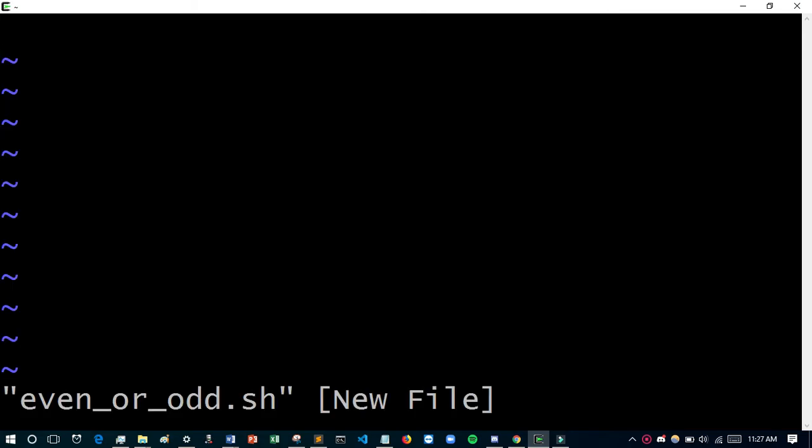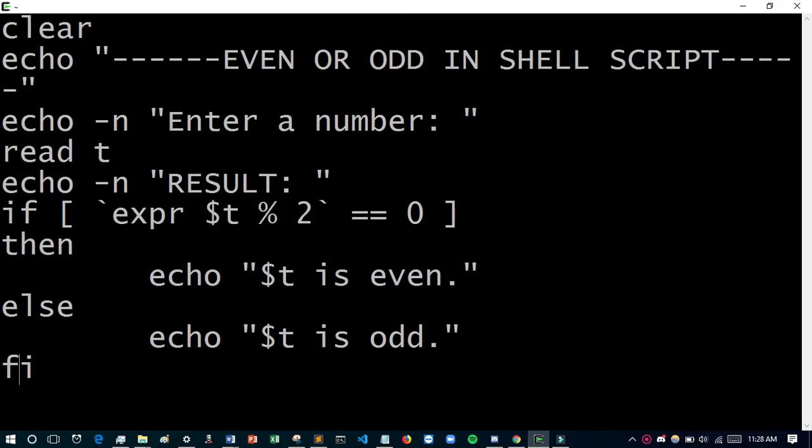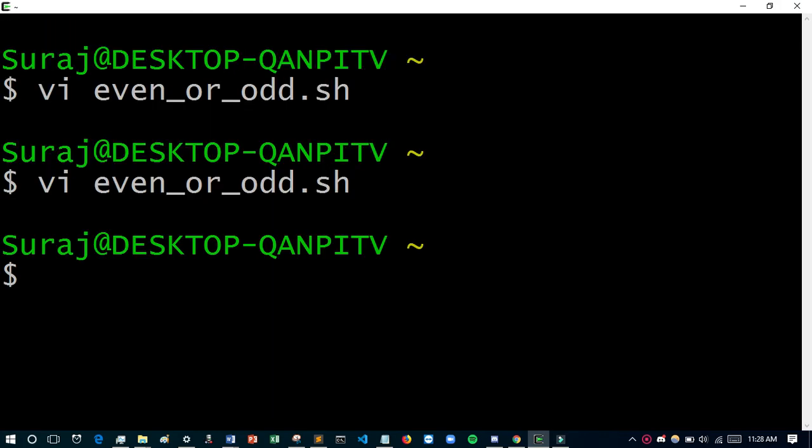I have entered. This will show this way, and just press I for insert. Then in Windows just press shift and then insert. Hold shift, then press the insert button, and after that use esc and then colon and wq, which saves and exits. After that, see, you are back in your terminal.